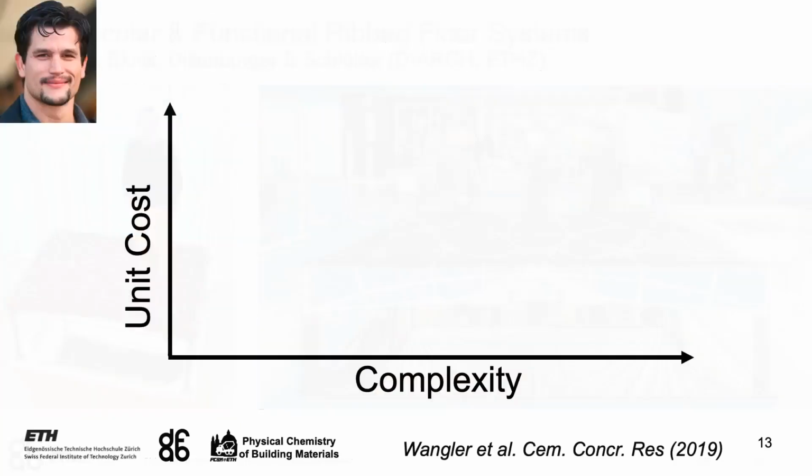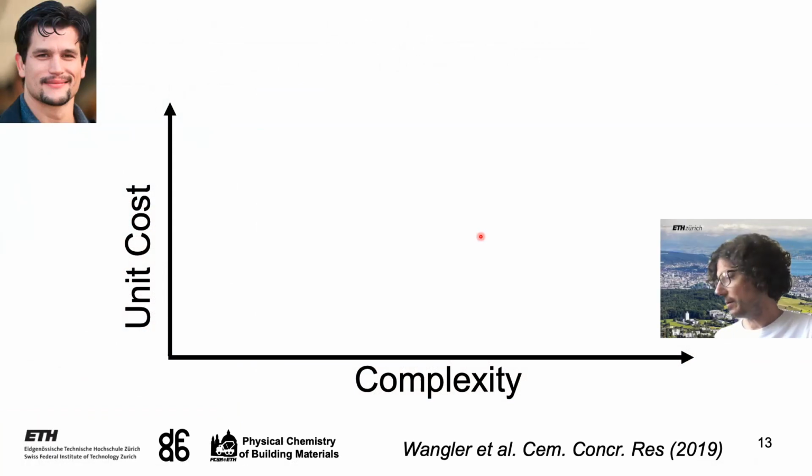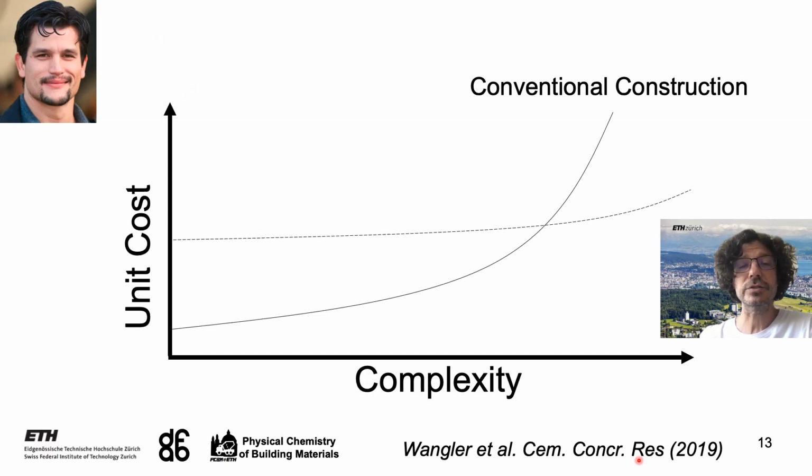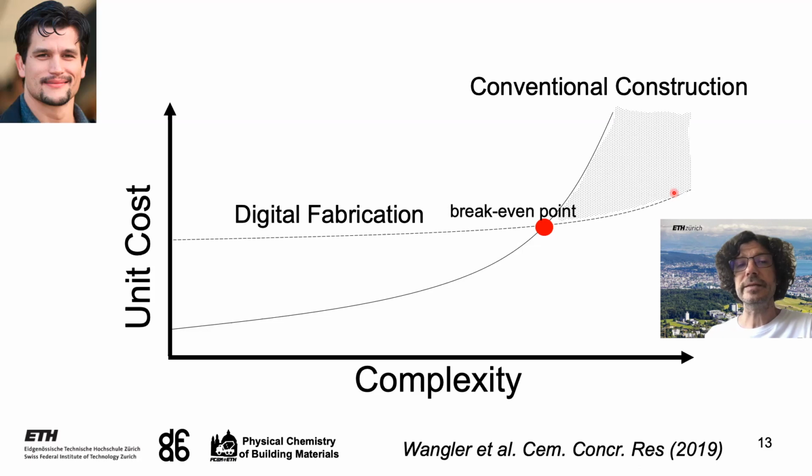Well, as summarized in the paper by Dr. Wangler and co-authors in CCR 2019, for ordinary construction, we would have a cost versus complexity going something like this, with a strong increase in cost as the complexity increases. For digital fabrication, we start at a higher cost for elements of low complexity, but the additional complexity comes at very little extra cost. And this gives us a break-even point here, where beyond it, it becomes cost-effective to construct